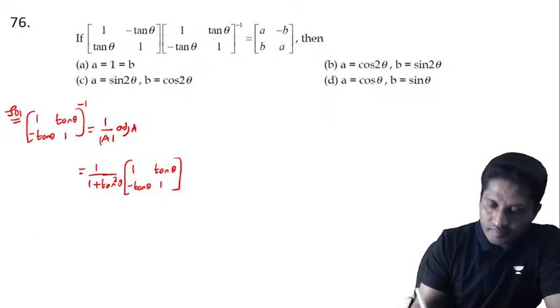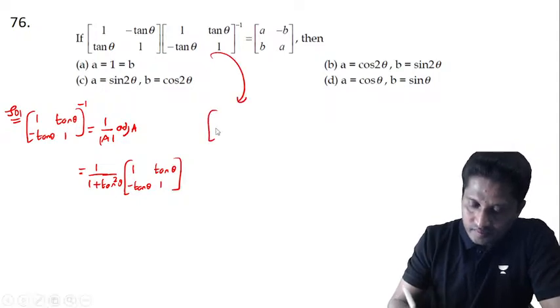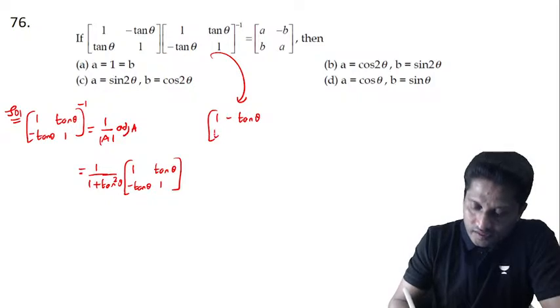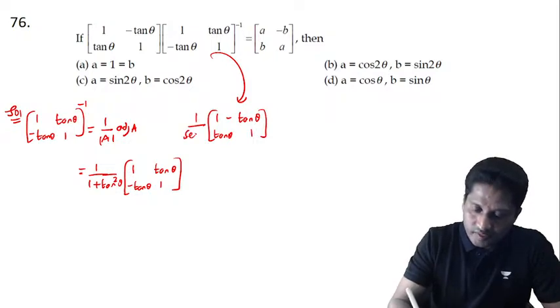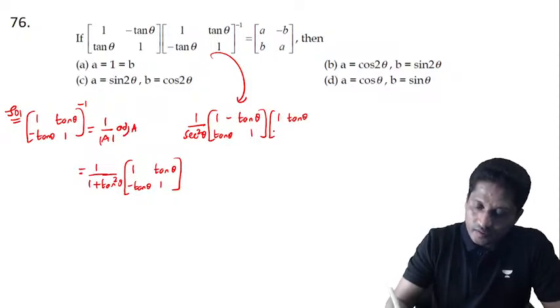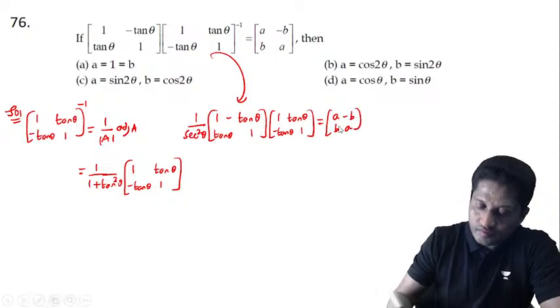Okay, now if I multiply this, the question becomes 1 minus tan, okay, and then this is tan theta 1. Inverse of this will be equal to 1 by sec square. Okay, 1 plus tan square is sec square, into you have 1 tan theta, minus tan theta and 1. Okay, and that's equal to the right side matrix, A minus B, B A. Now if I multiply this,